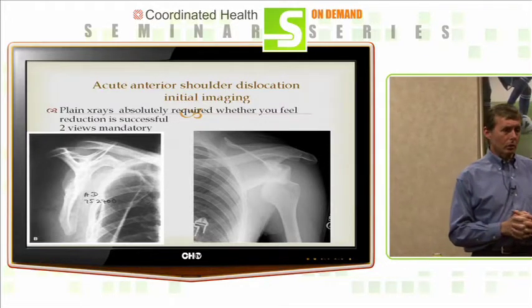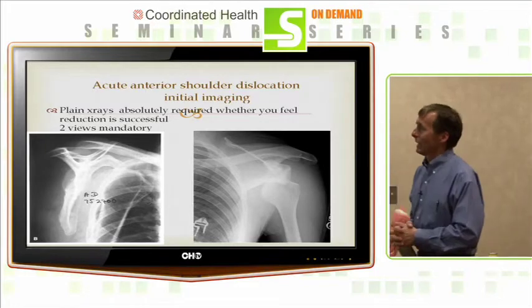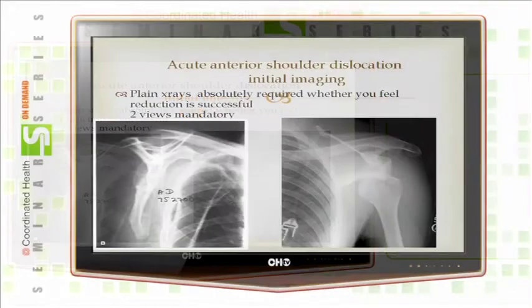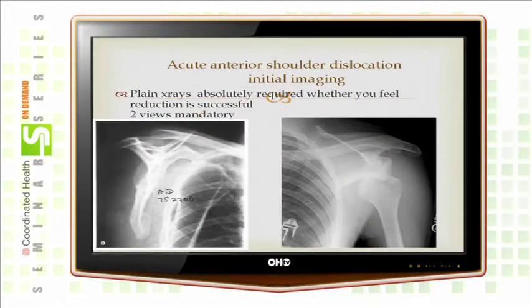Once you have an injury like a shoulder dislocation, you need to get an x-ray. Why? You want to make sure you don't have a fracture. You want to make sure the shoulder is still back in the socket. Because a shoulder that's been out of the socket for a long period of time is an almost impossible problem. Once it's out for a day or two, the blood supply to the shoulder has been compromised, and it's a serious problem.